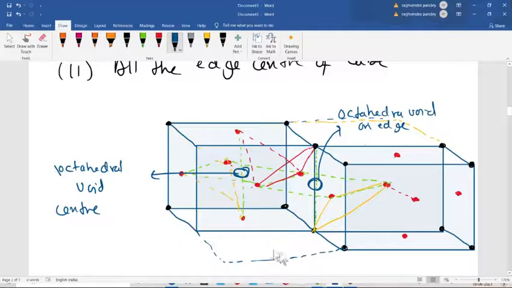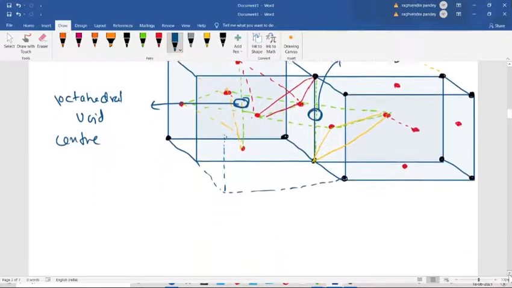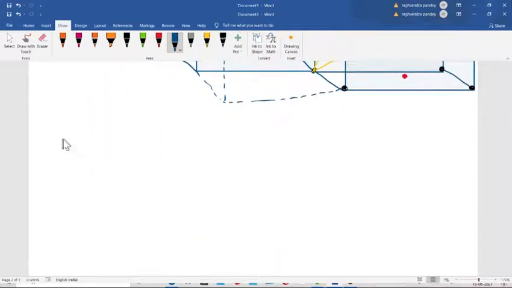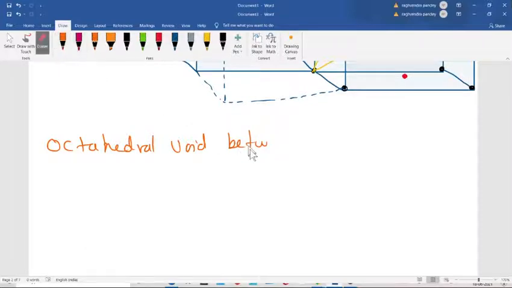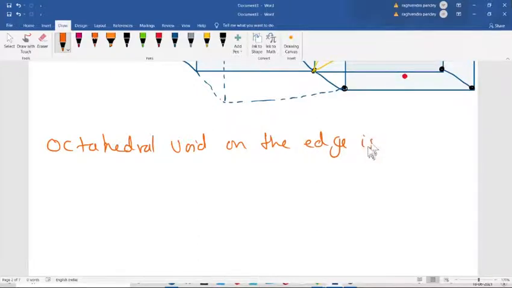One cube will be like this. So the octahedral void on the edge is shared between four cubes.